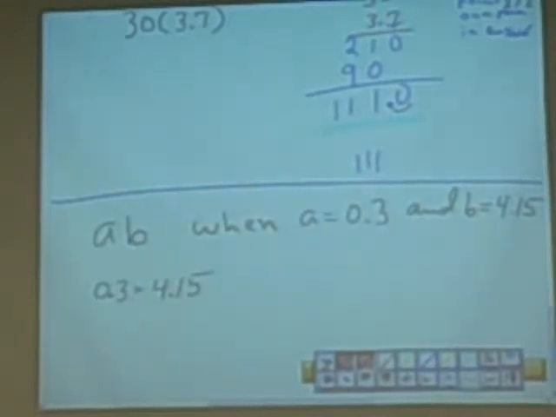So a lot of times, especially with decimals, they'll just use parentheses. Okay? So we're going to put right in vertically